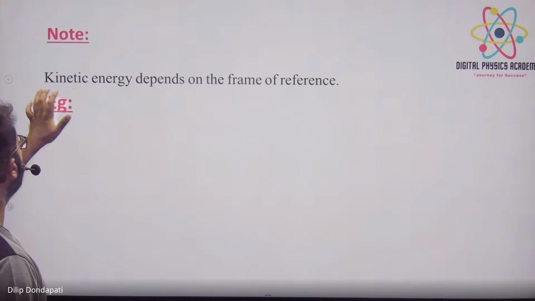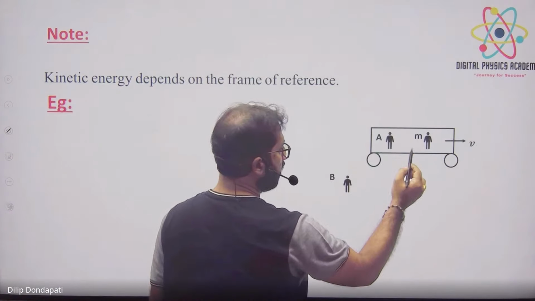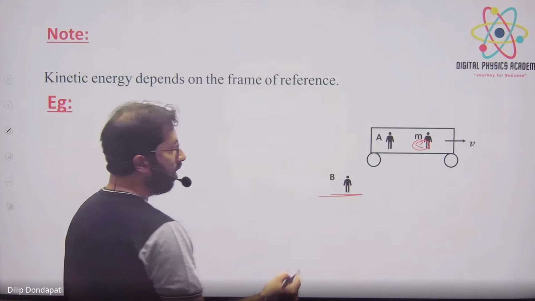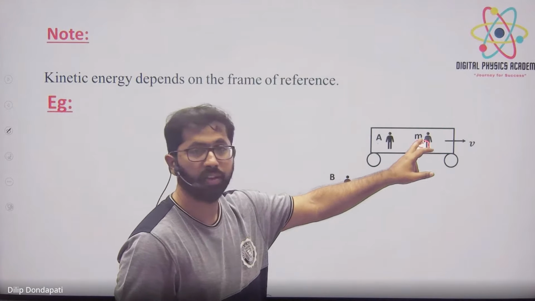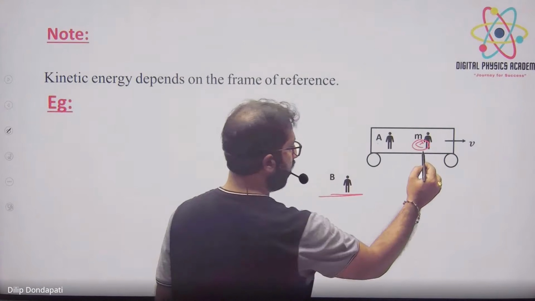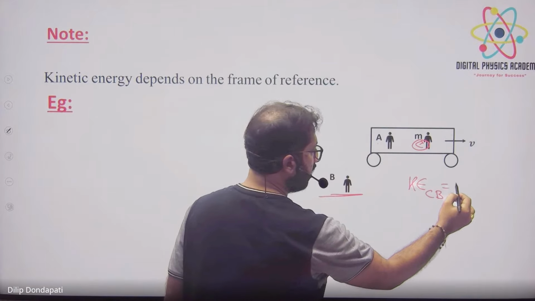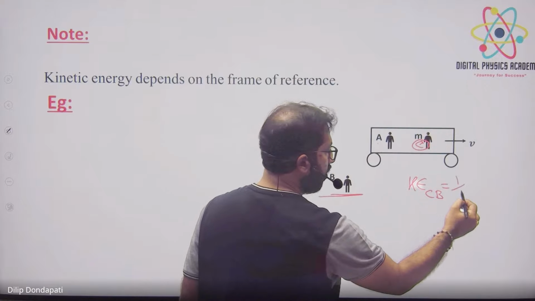Now here, देखो kinetic energy depends on frame of reference. Suppose बस है, बस में A person is there, C person is there, B person is there. He is standing on the ground. According to B, what is the kinetic energy of C? He is moving, right? According to B, the person is moving with some velocity. So half mv square,